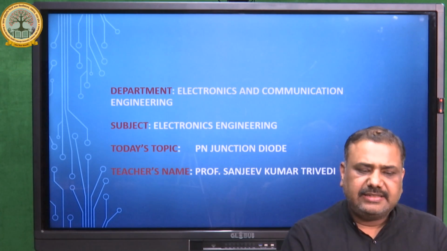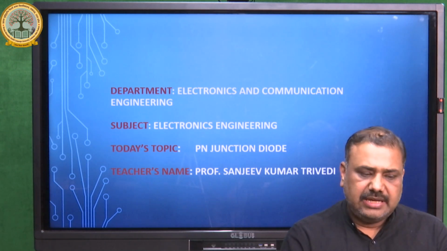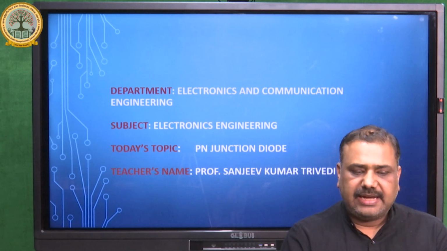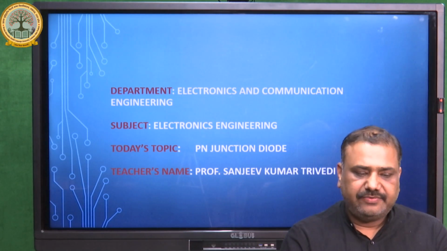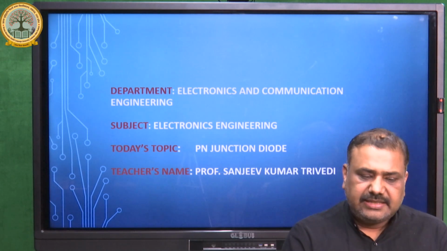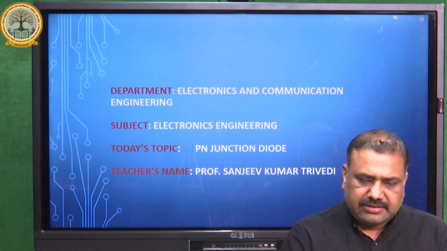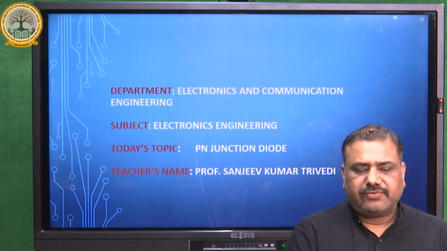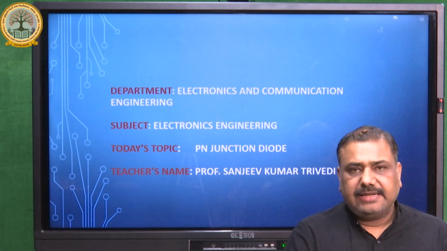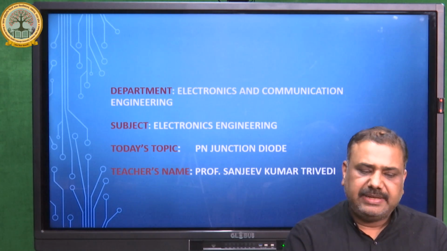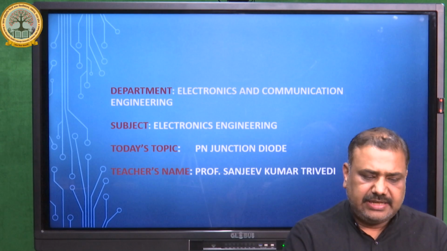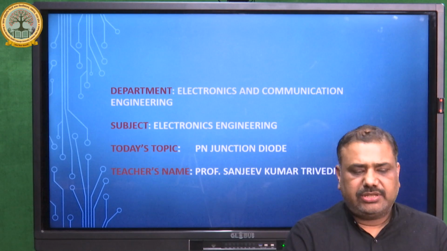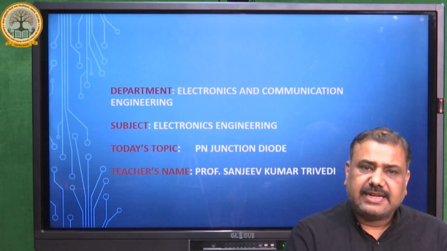As we know, there is a difference in the concentration of holes and electrons at the two sides of a junction. The holes from the P side diffuse to the N side and the electrons from the N side diffuse to the P side. These give rise to the diffusion currents across the junction. Also, when an electron diffuses from the N side to the P side, an ionized donor is left behind on the N side, which is immovable. As the process goes on, a layer of positive charge is developed on the N side of the junction.